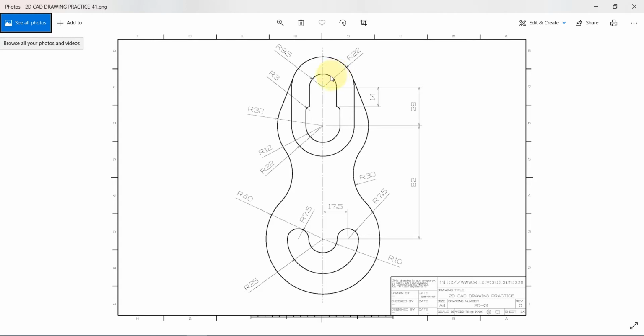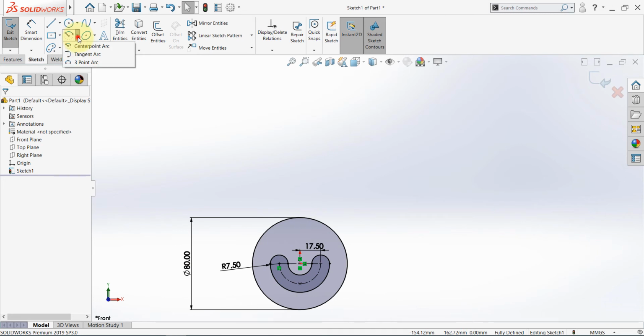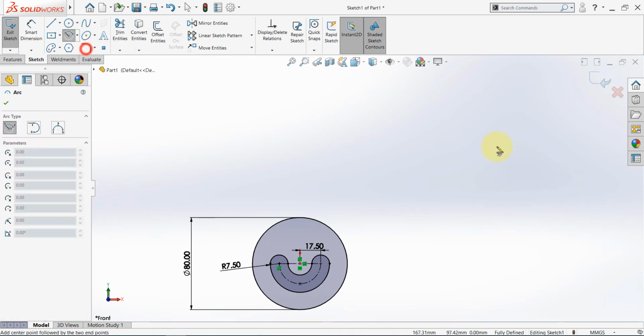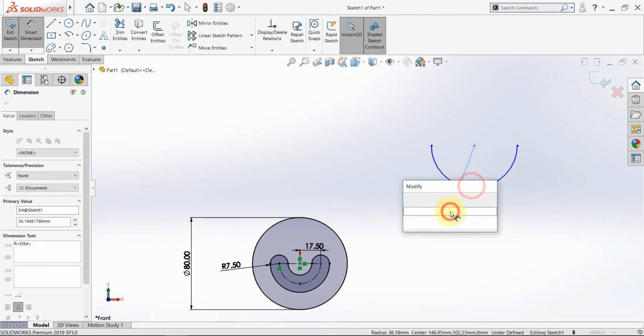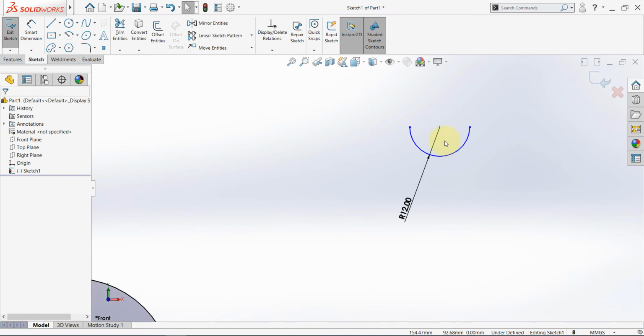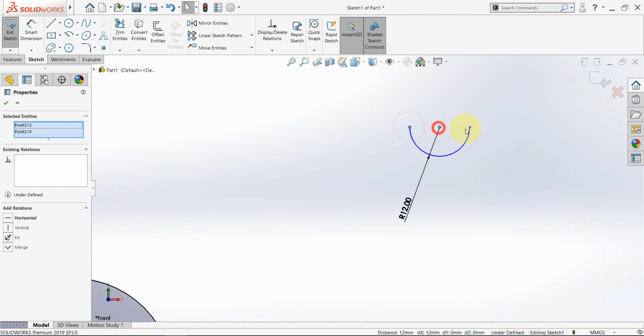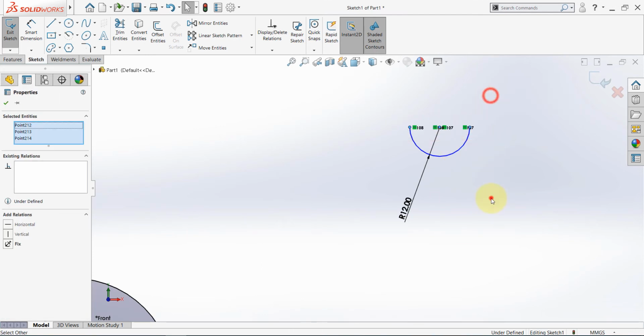So now I will create this part of the drawing. So I have an arc here with a radius of 12, then a straight line, then a tangent arc, then a straight line again, then a tangent arc again. I'll start with center point arc, give it a dimension, the radius is 12, and make these points horizontal. Now pick a line,